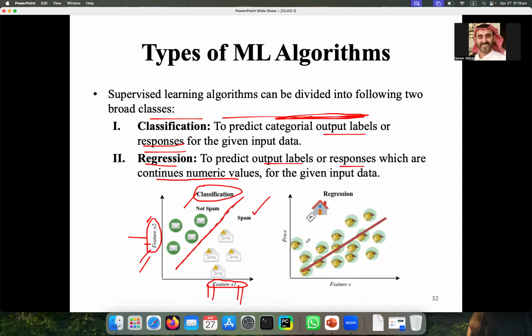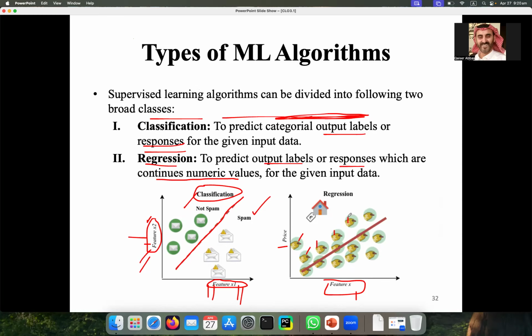Here you have some feature of the data, generally written here, and on the y-axis you have the price, which means maybe the rent of the house. This is one house, this is another, many houses.